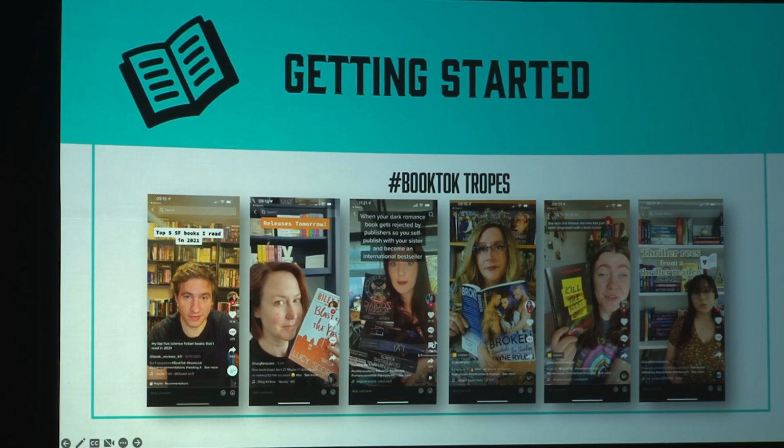So they are three authors, but those other three on there are BookTokers in the more traditional sense: they are book reviewers, and they love reading and they talk about your books, and they're really important because they're the people. Colleen Hoover's has quite a funny TikTok account, but I don't think it's a brilliant TikTok account for promoting her books. Her books are promoted by these people. Because she's there and in the subculture, that obviously helps.